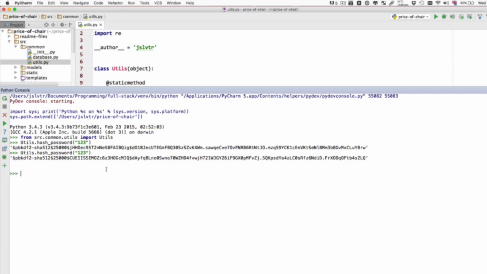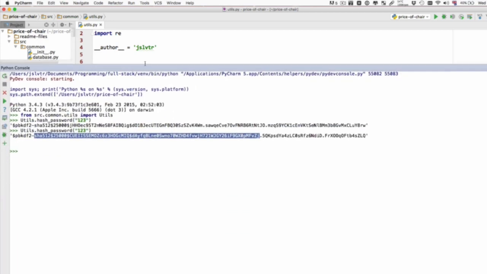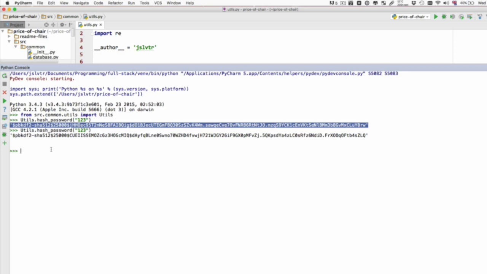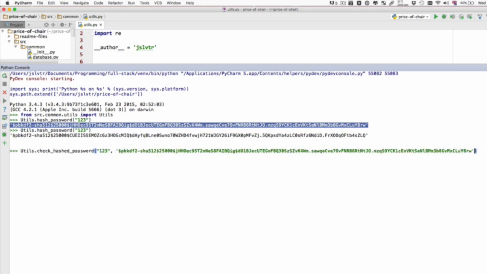The information that is stored alongside the encrypted password allows our utils method called check_hashed_password to verify that 123 was the password you put in. So if we pass this entire thing to check_hashed_password,